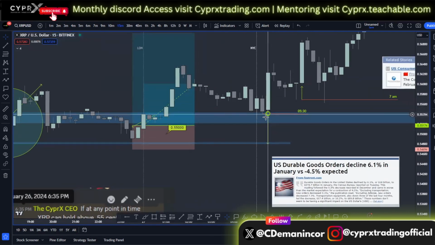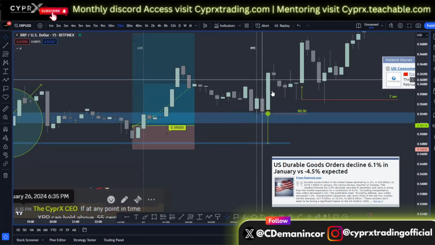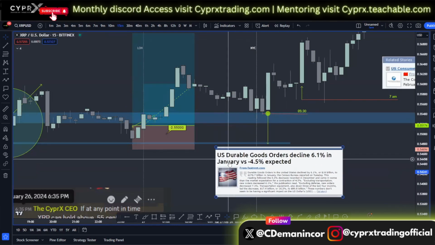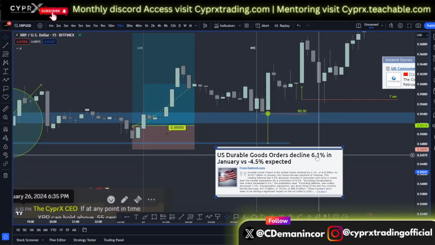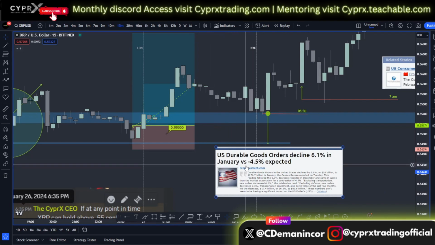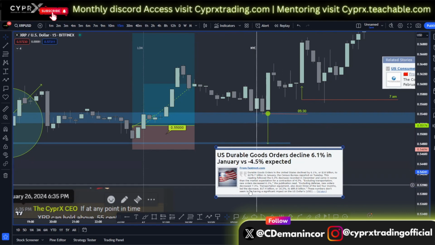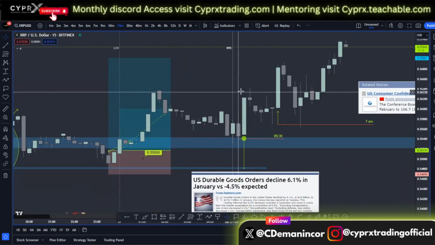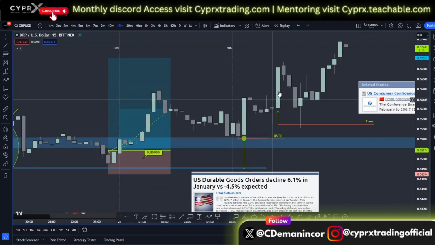Here you can see this green impulsive candlestick happened at roughly around 5:30 a.m. This was caused by a dwindling US dollar. We can see here the US durable goods orders declined to 6.1% in January versus previous readings of negative 4.5%. Okay. This is not extremely pessimistic, but definitely downbeat. So what did we see? We saw a shock to the dollar temporarily, which drove strength further into risk assets and further continued that bullish